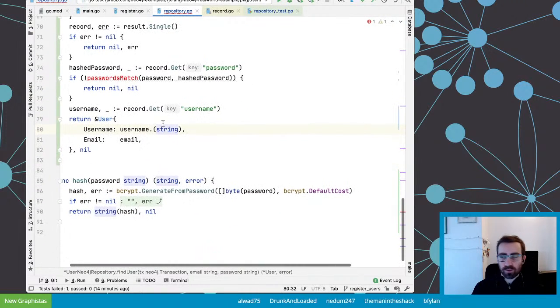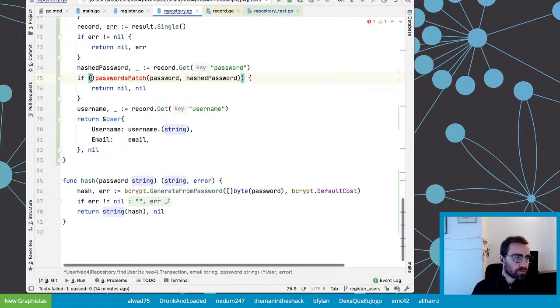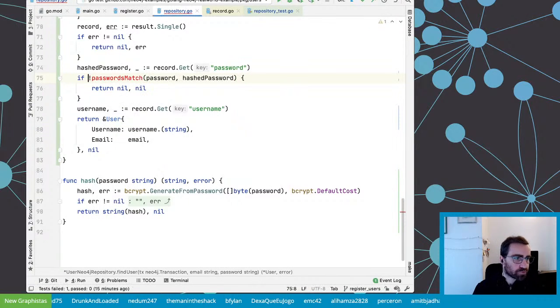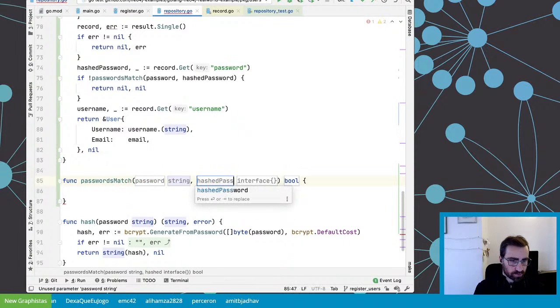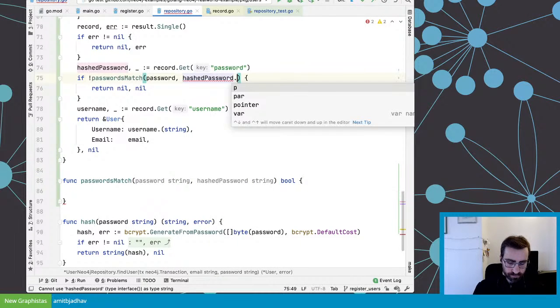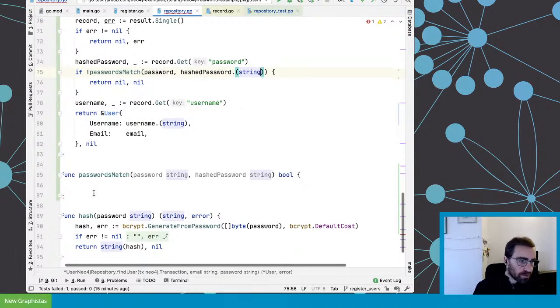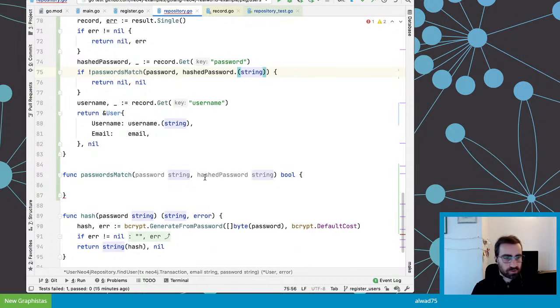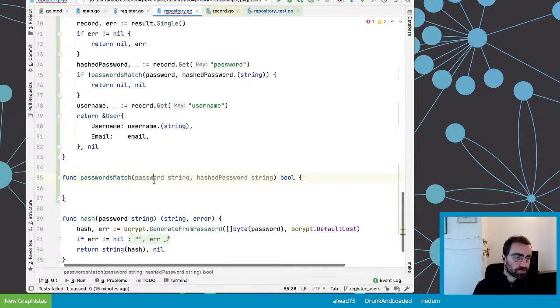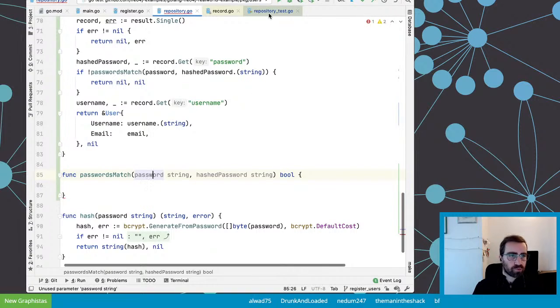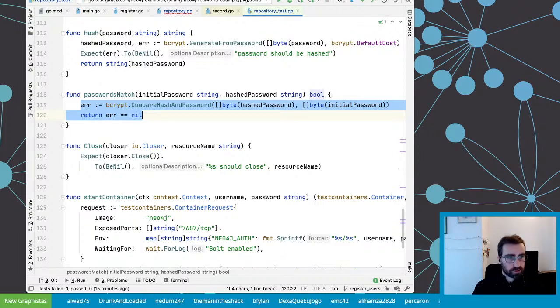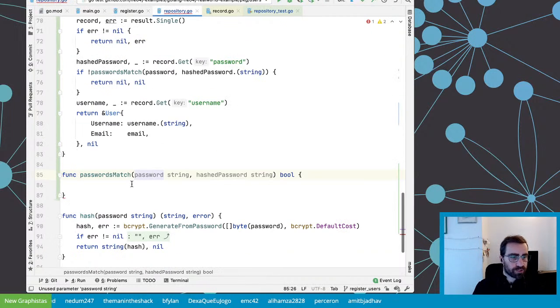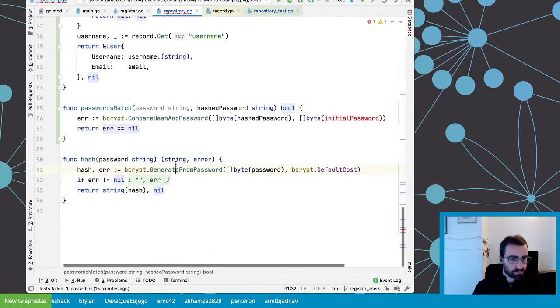The last thing to do is very similar to something we did in the test already. Ooh, some Java reflex from me. Oops, let's remove the parentheses. We need basically this one, hash password, which is a string, so the compiler is going to complain. Yes. So casting this, and it will tell me whether the passwords match or not. Because again, just encrypting the clear text password and comparing it to the hash password won't do, because they might not be the same. And I'm going to be super lazy. I'm just going to do what we do in the test, which is, because we use bcrypt for generating the password, as you can see below.